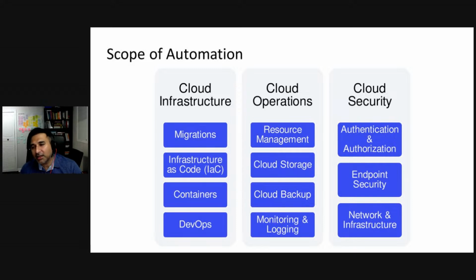And then this automation in DevOps really encapsulates sort of the entire DevOps pipeline, right? Of CI/CD and even continuous testing, right? So you have continuous integration, continuous deployment or continuous scaling, and continuous testing as well. So that's sort of the cloud infrastructure. Then we look at sort of the operations side. So within operations,